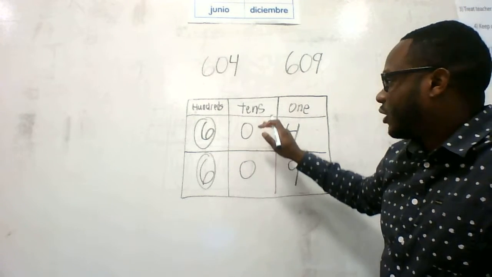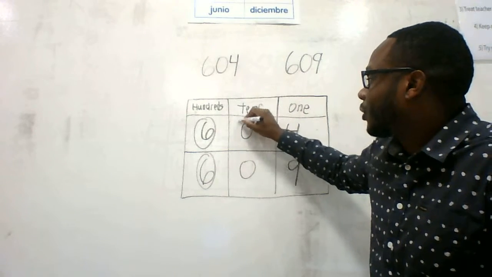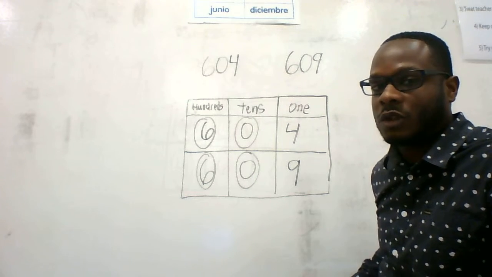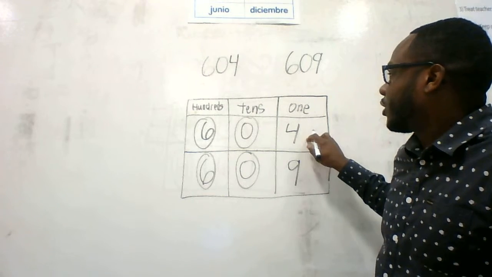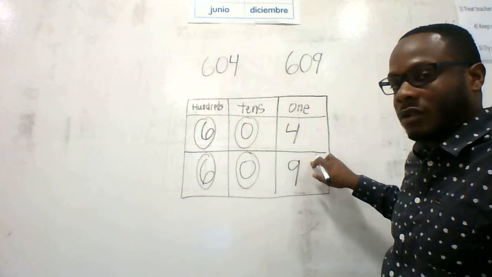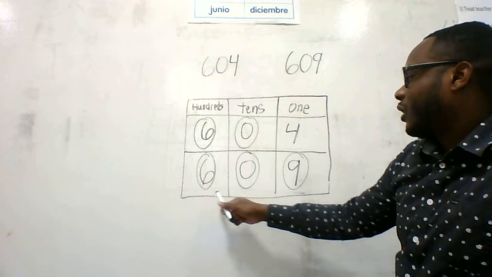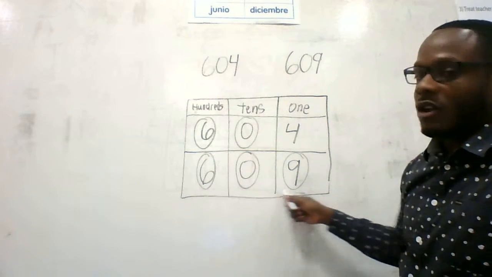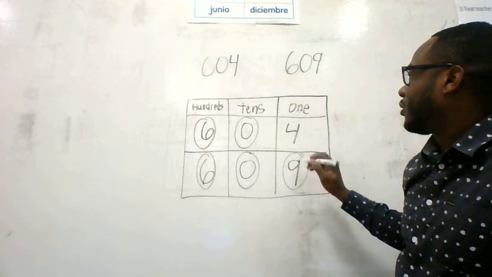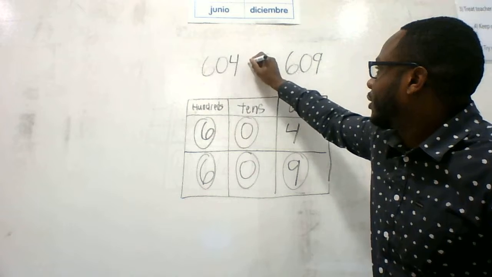So we move over to the tens place. They both have 0. So we can't really tell anything by that either because they're the same. So far, both numbers are the same, so we can't tell which one is higher. So we move over to the ones box, and we see that in the ones place, there is a higher number in one box than the other box. So we circle the higher number. That's your higher number. So we have 9 is higher than 4, so that tells you that 609 is greater